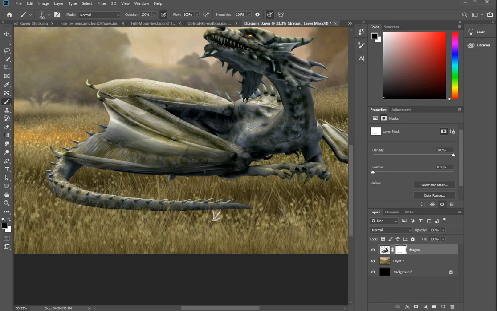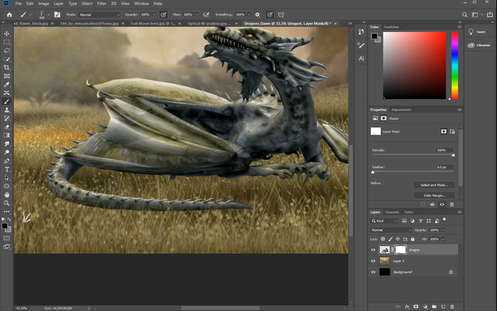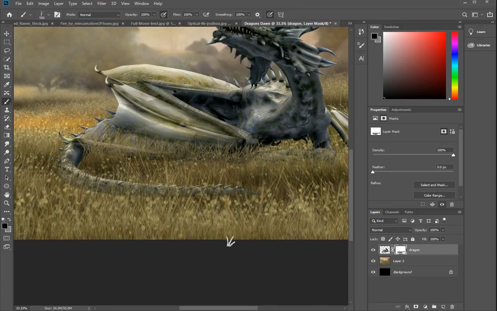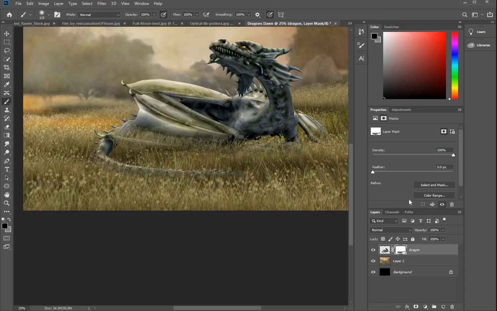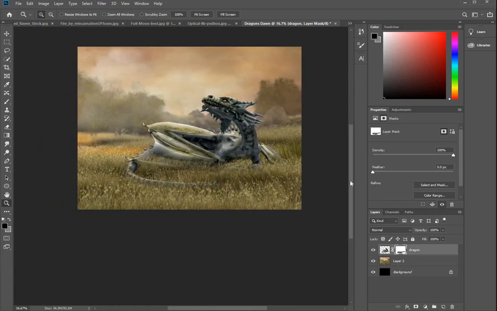Now I've found that if I change this white to say something grey, I can get a better effect. So I still want black as my foreground colour. But I'll just go around and I'll